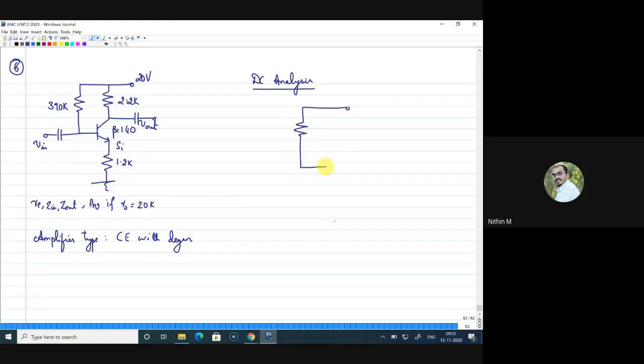This is 390. This is your BJT. This is 20 volts. This is 390K. This is 2.2K. This is 1.2K. And because the capacitor will provide a large reactance, it will remain open, and this is the equivalent circuit for a DC analysis. Now, using this, you have to evaluate the IB, IC, so that you will get all the currents. Then you can evaluate the small signal parameter. So, can you give a try and let me know what answer you are getting for this?